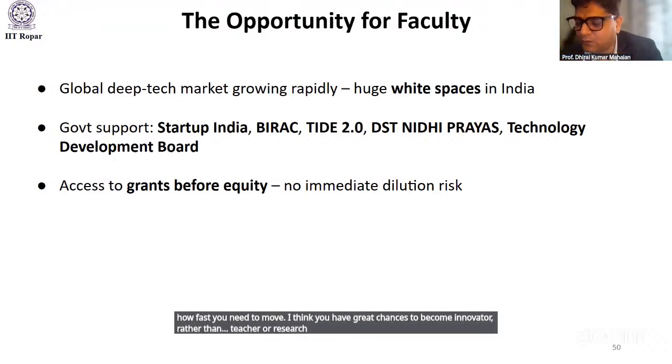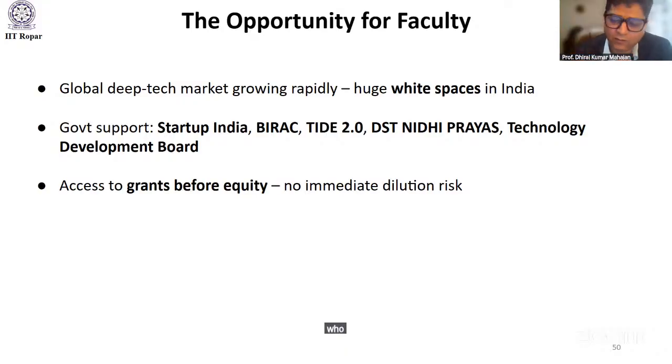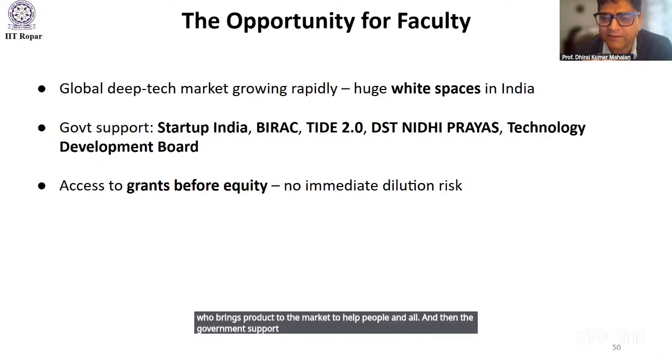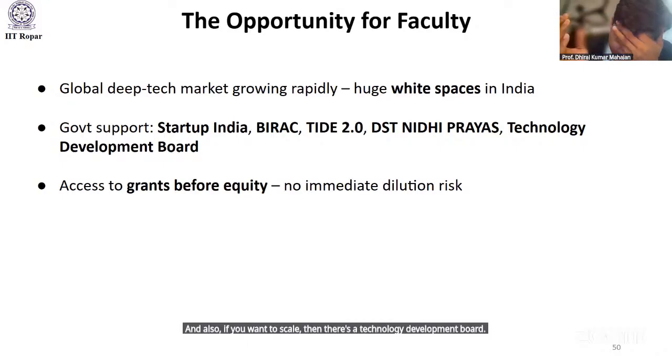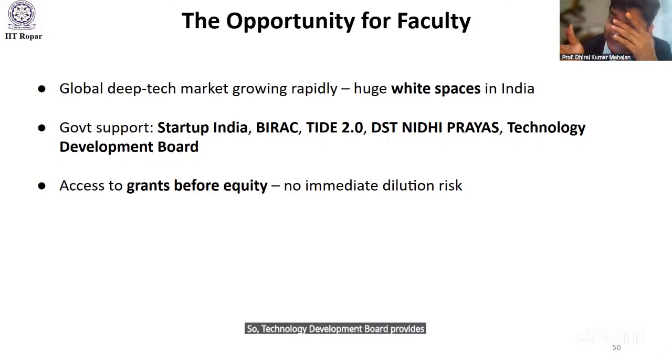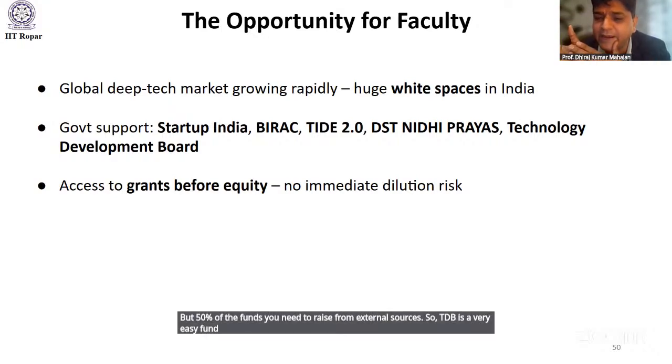This innovator brings a product to the market to help people. And then the government support is there: Startup India Research Grant, BIRAC, Tide 2, DST Nidhi Prayas. And also, if you want to scale, there's the Technology Development Board. TDB provides loans at 5% interest, but 50% of the funds you need to raise from external sources. So TDB is a very easy fund, but you should only access it when you are at this stage,